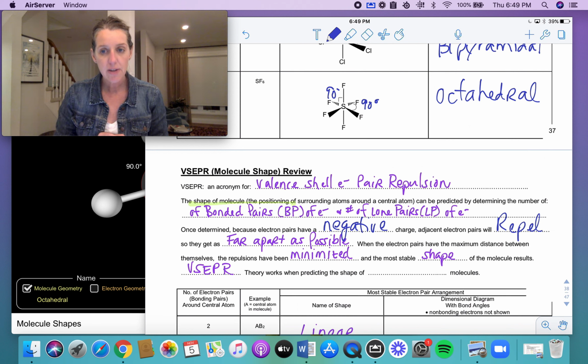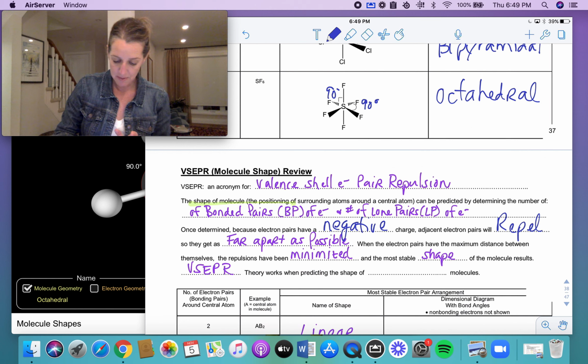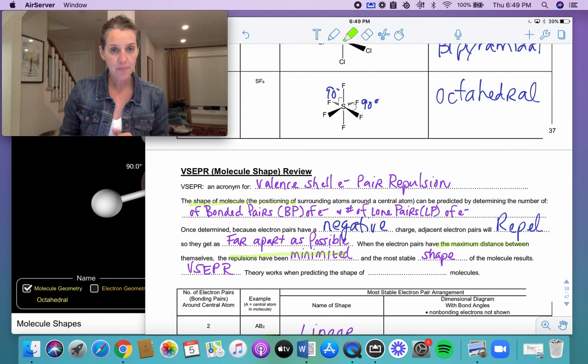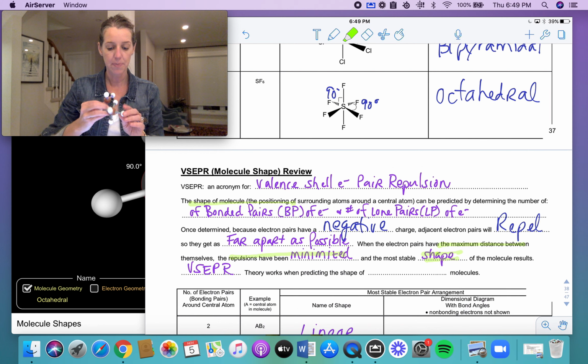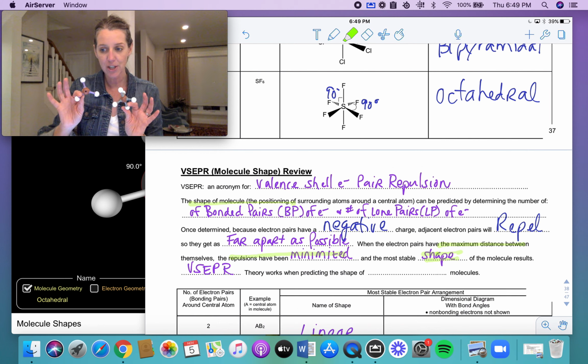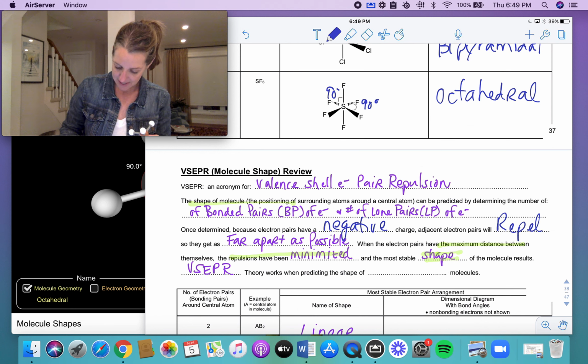And when electron pairs have the maximum distance between themselves, that's a key term, maximum distance between themselves, the repulsion is minimized. And what happens is the most stable shape of the molecule results. So VSEPR theory works if you're trying to predict the shape of any of these molecules that we build with our molecule kit because they are